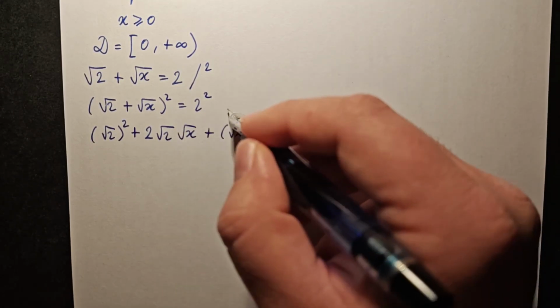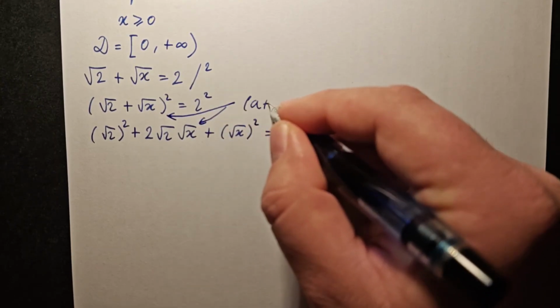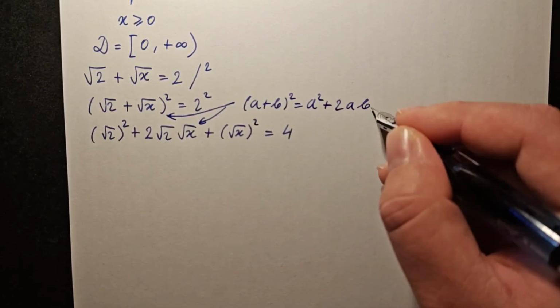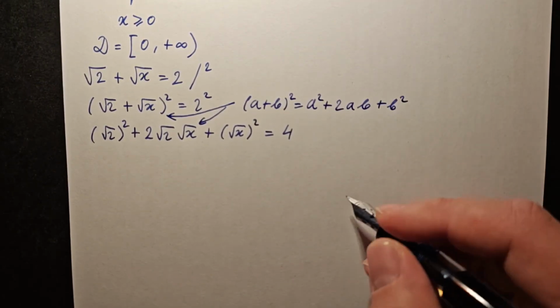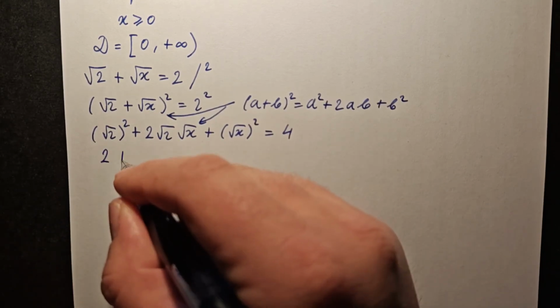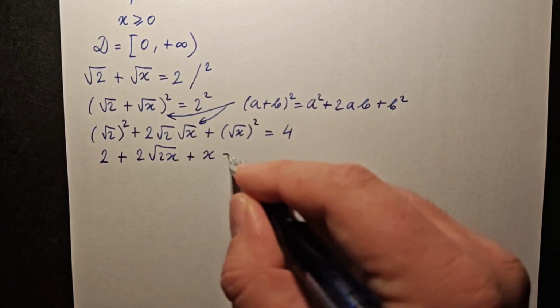Of course, this is by using the formula (a plus b) squared is equal to a squared plus 2ab plus b squared. This equation that we have is equivalent to 2 plus 2 square roots of 2x plus x is